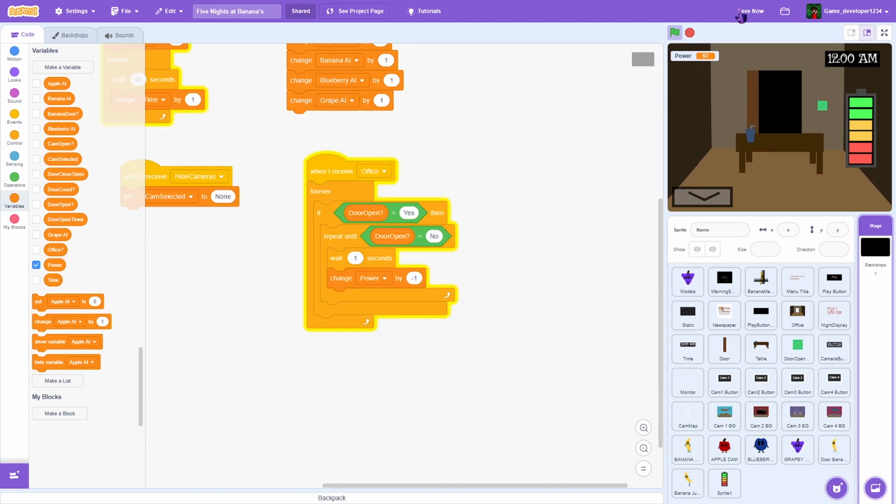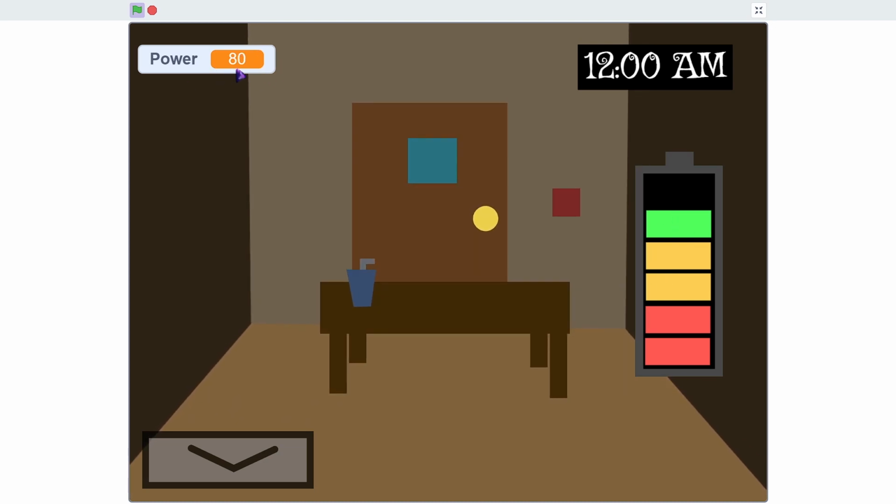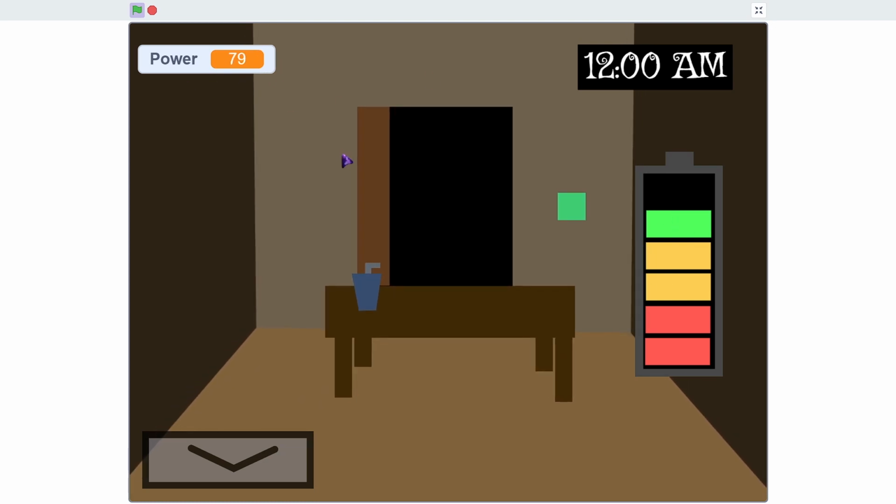power is going down. Yep. Okay, going down 1 every second is kind of extreme though. We can wait maybe 2 seconds between each one. But I just want to test if this goes down. Okay, see, our power hit 83 and it went down. So that's good, that's what we want. And if I close it, then our power stops going down. But,